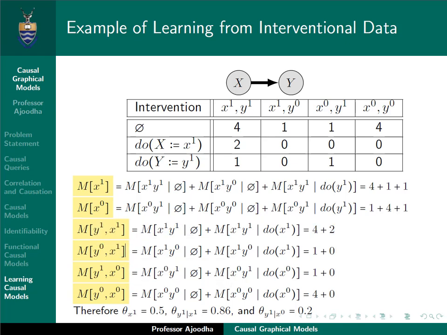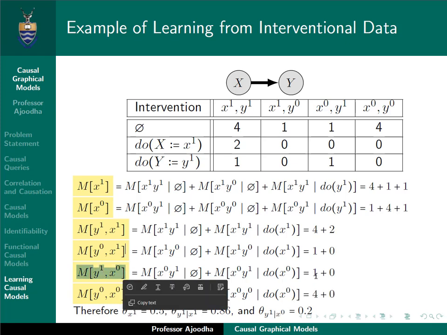So what is that? 6 divided by 7 is 0.857. Yeah, there we go, 0.86, so it's correct. And the same way, we calculate this one, which is the sufficient statistics for y1 x0, which is this here,